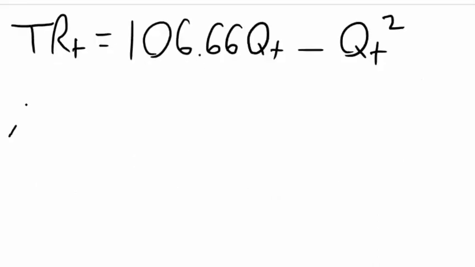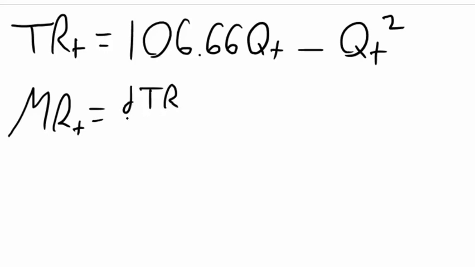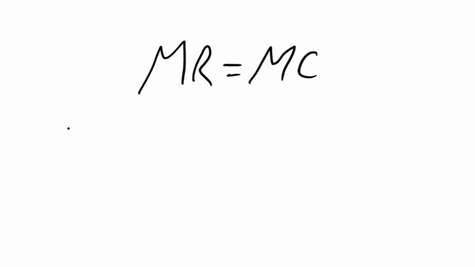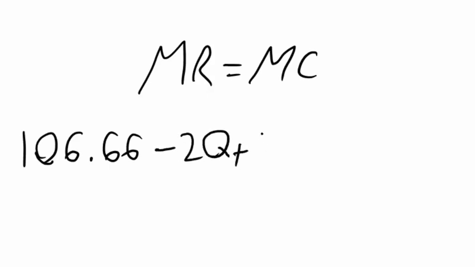Next up, we want to find our marginal revenue for the total. And marginal revenue is the derivative of the total revenue with respect to quantity. And so our marginal revenue is 106.66 minus 2 QT. Now that we know our marginal revenue and our marginal cost, we can follow the profit maximization rule of marginal revenue equals marginal cost. And so our marginal revenue was 106.66 minus 2 QT